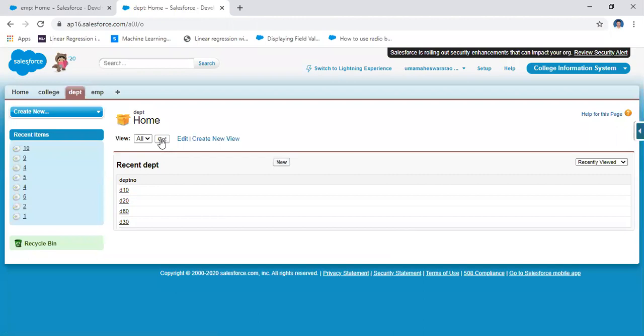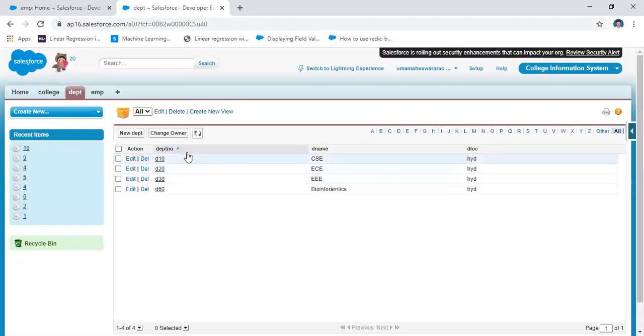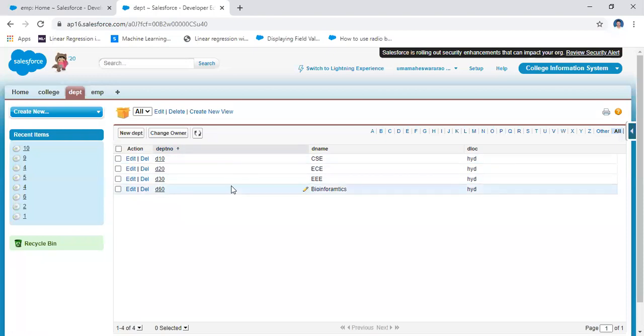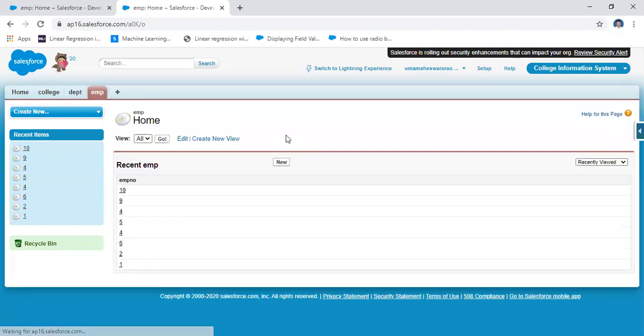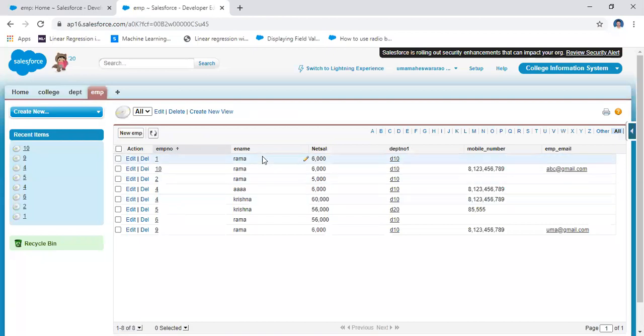If you go to the department table, it consists of department number, department name, and department location. Coming to the EMP table, there are employee number, employee name, net salary, and different information.